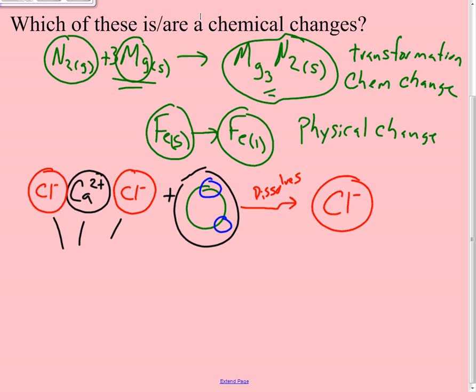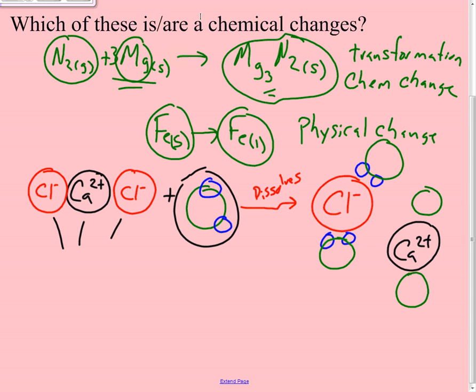and that chloride would be surrounded by many waters. I don't know how many exactly, but it would be surrounded by many waters. And then my calcium cation, it's called a cation since it has a charge, would also be surrounded by some waters. Good. And so this is roughly what it looks like when something dissolves. My ions, that's an ion, are surrounded by my waters. Here's another ion surrounded by my waters.